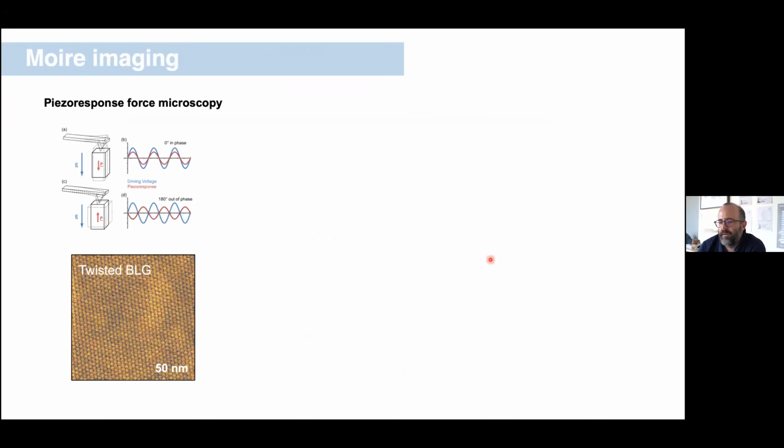So one of the things we developed in recent years was a tool that allows us to image these moire patterns basically in real time using a basic atomic force microscope. It turns out that when you have these moire pattern bilayers, the domain boundaries that separate the unit cells of the moire pattern appear to have some piezo responsiveness. We can measure this by doing what's called piezo force microscopy. Basically that involves bringing a charged tip nearby. We apply a bias to the tip, and we see how much the sample distorts as a function of applying a bias to that tip. And it turns out the grain boundaries, or the moire boundaries, have a higher response than the interior of the moire, and that allows us to image these things.